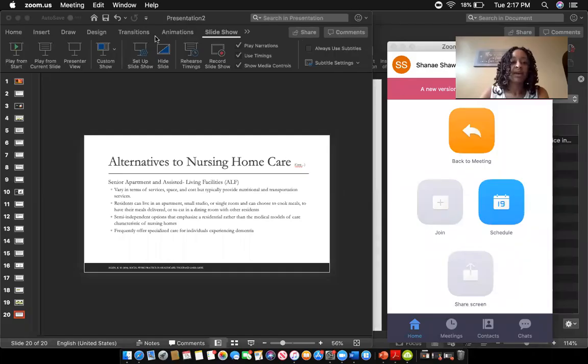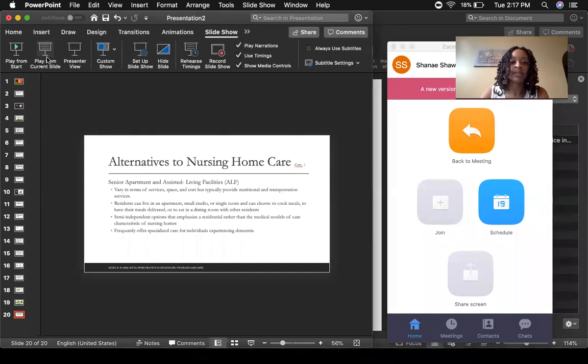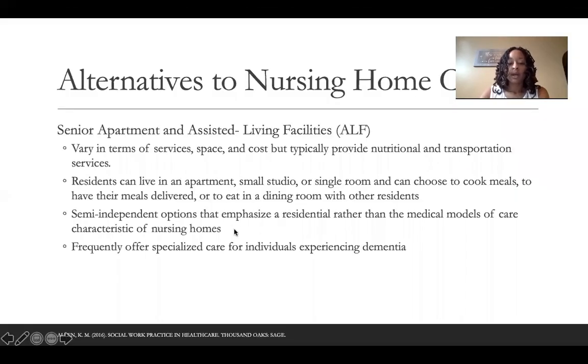All right, so let's continue our discussion about transitional care. Let me go ahead and pull up the slide here. All right,